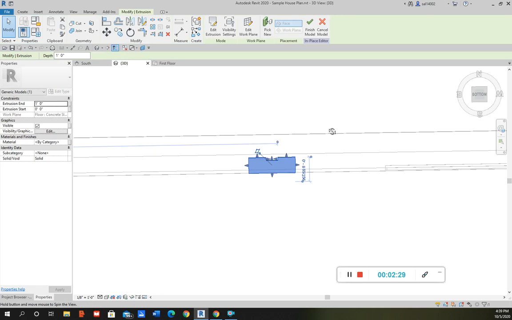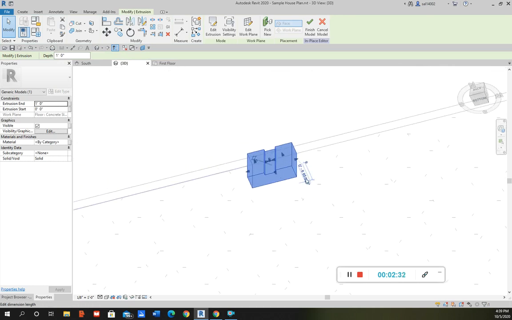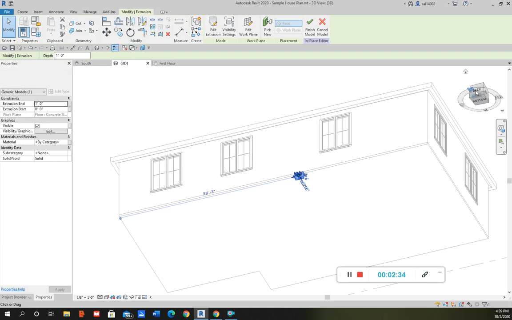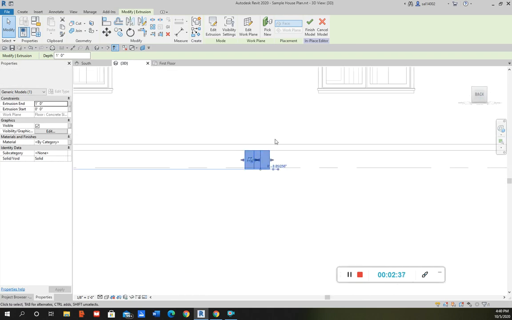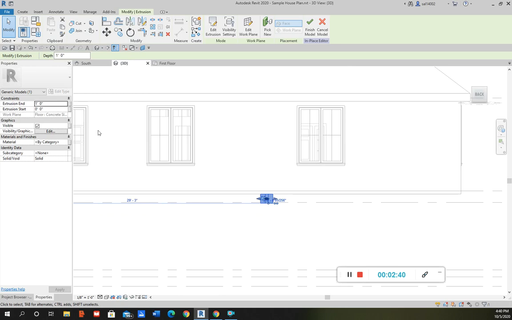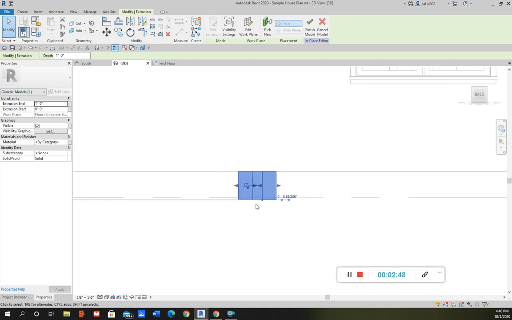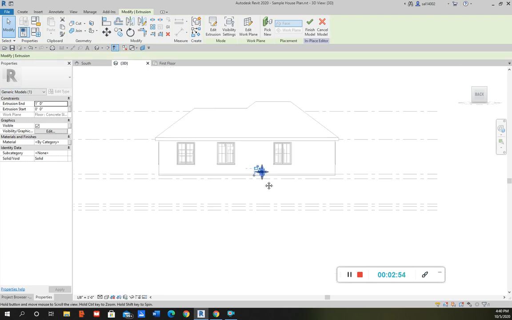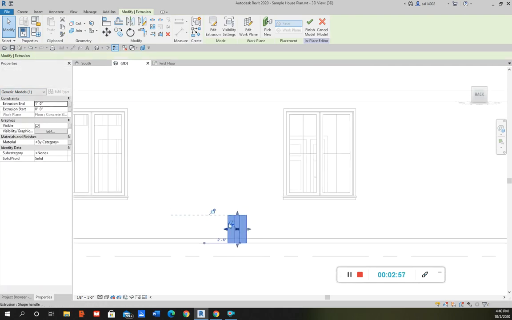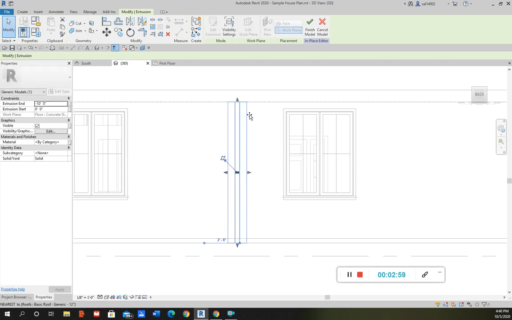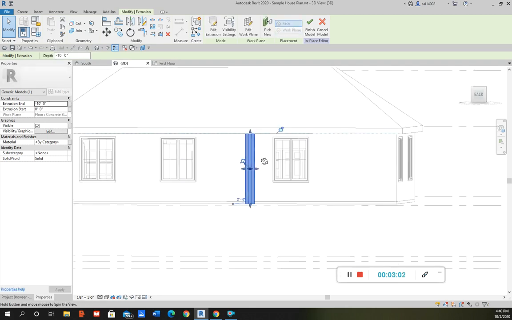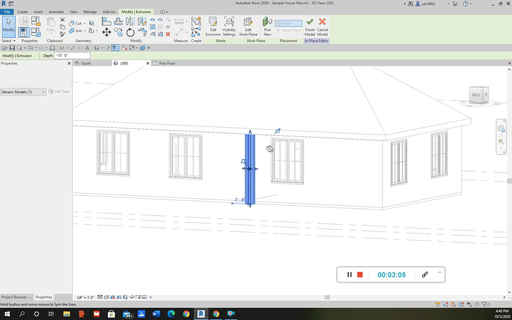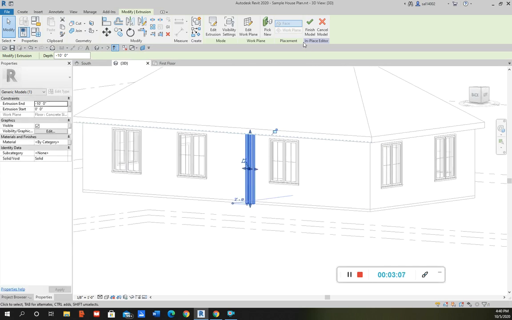And then I move this around so I can see where it's going. And so right here you could see it extruded from elevation 0 and then went 1 foot. So what I want to do is move it the other way, and let's say this can just go up to the roof. Then when I have it where I want it to be, I just click finish model,